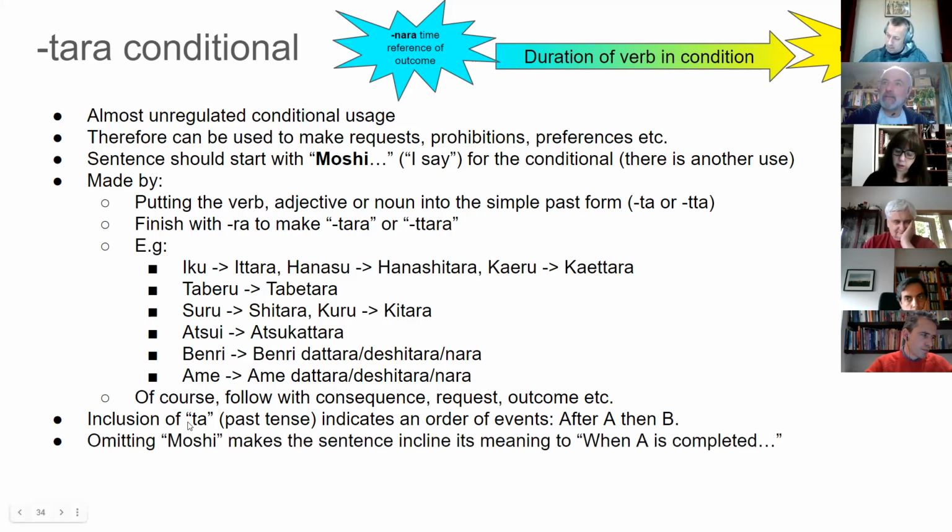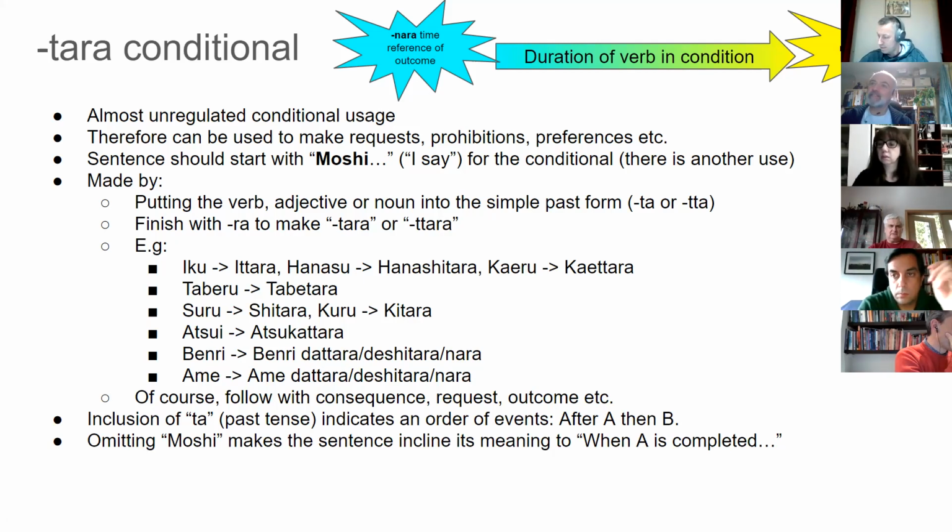If we omit moshi at the beginning, it changes the sentence very subtly from if to when. So a good example of this is if you're talking to your children who are less than 18, you wouldn't necessarily say, if you become 18, then you will be able to drink alcohol, because that sounds like you're going to murder them before they reach 18. But when you reach 18, so this would use 18歳になったら rather than nareba or any other kind of conditional.